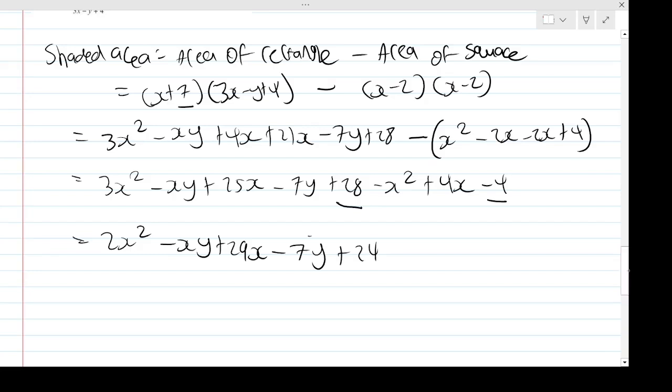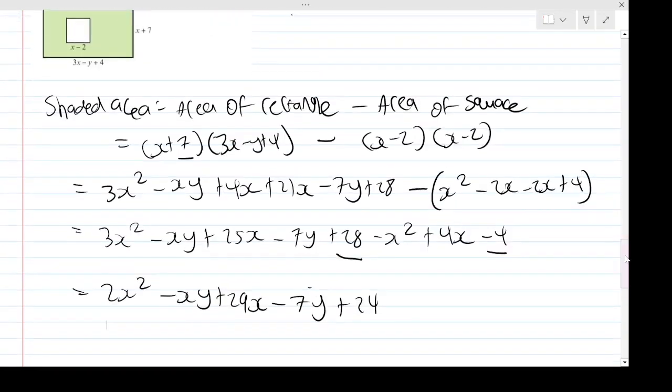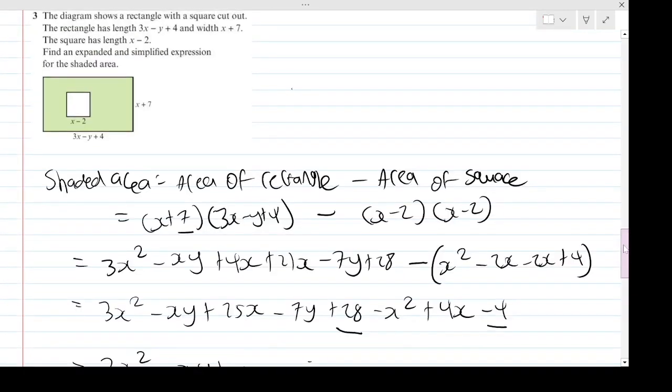Okay, and there's nothing more we can simplify. All these terms are different to each other. So that's simplified, and that is your fully simplified expression for the area. So that's more of an application question of where we can use expanded brackets, right,